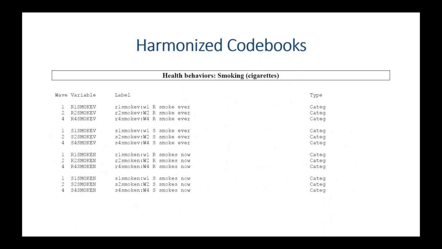So we always follow the same convention. If a variable has a different name, like variables that aren't captured in the RAND-HRS, we assign a different variable name, but in a way that still uses the same naming convention. The first letter always indicates the level, whether respondent, spouse, or household. The second character, which is a number, indicates which wave it was taken in, and then the rest of it is what we call a variable name string. We try to